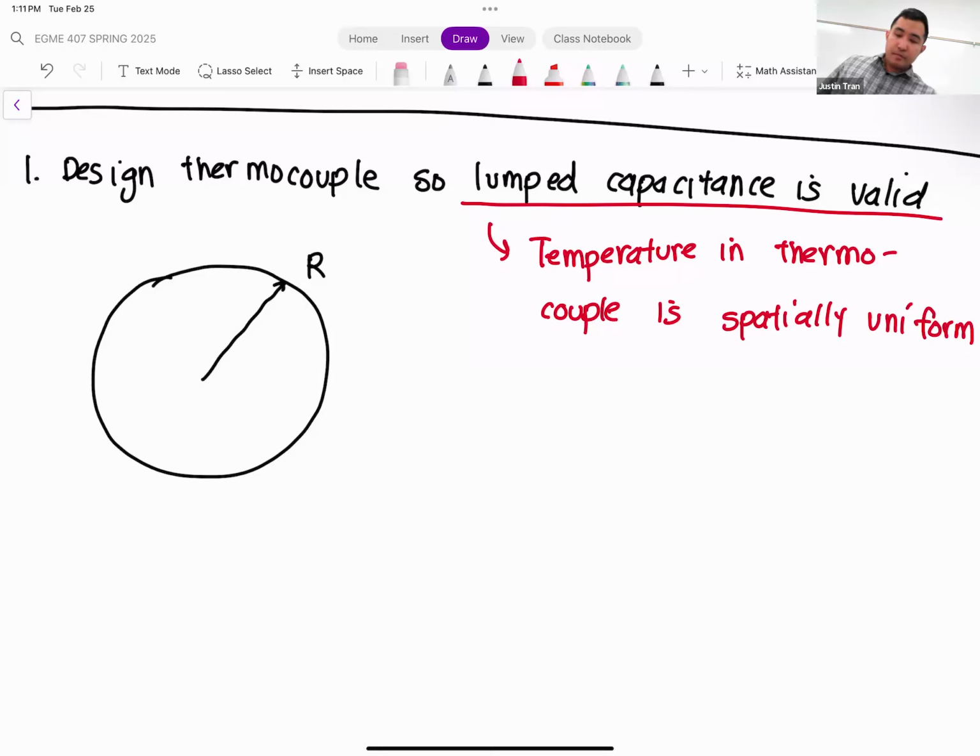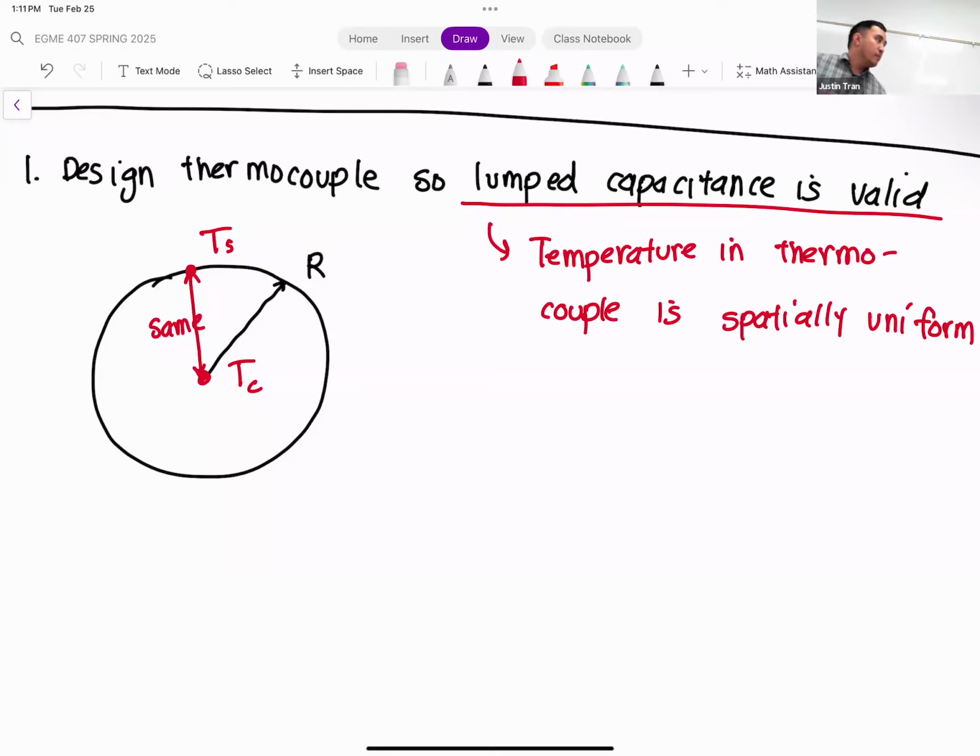If we measure the temperature at the surface, T_S, and the temperature at the core, we'll call it T_C, then if the lump capacitance method is valid, T_S and T_C are going to be the same